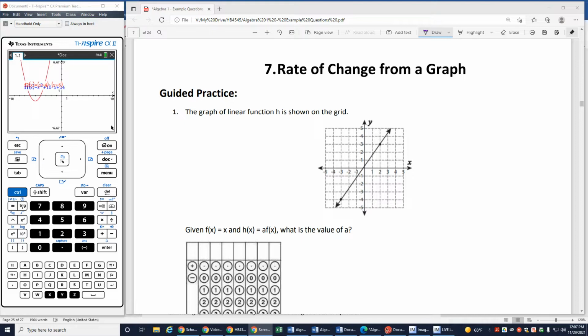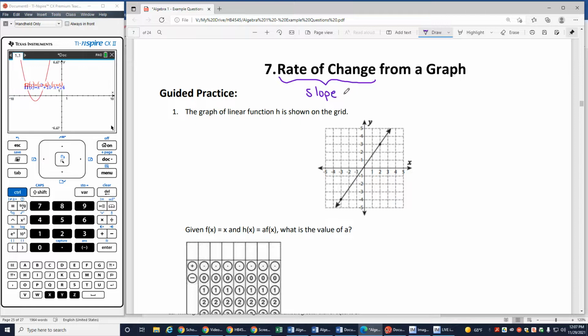Hi, in this video we're going to look at the rate of change from a graph. In all of these we'll have a graph, which means these aren't really designed to be worked with a calculator, because there's a lot of places you can go wrong trying to do this on a calculator. But if you have a graph and you're trying to find the slope, all you have to do is remember your slope, which is another word for rate of change, just a fancy expression for slope,